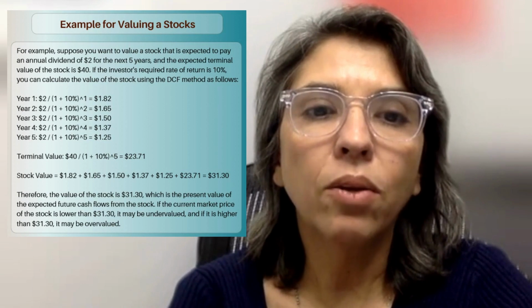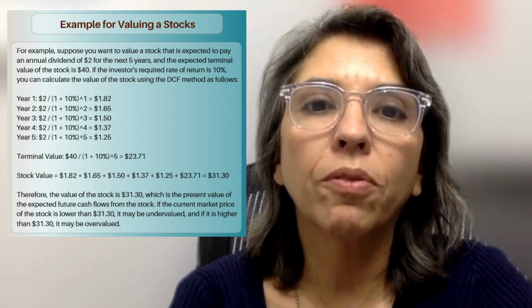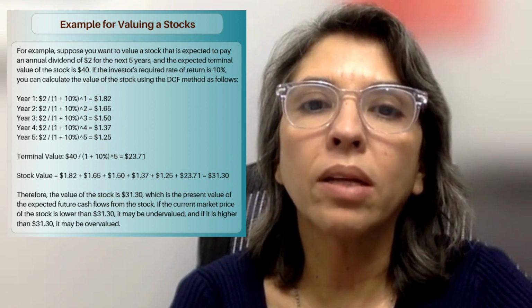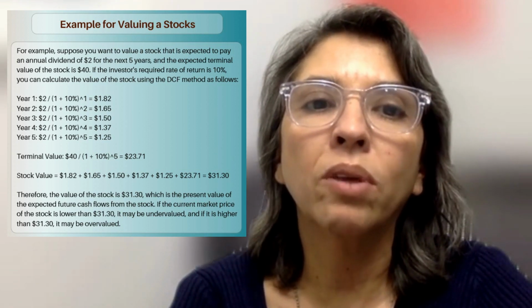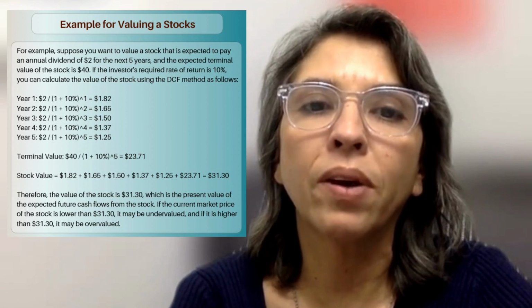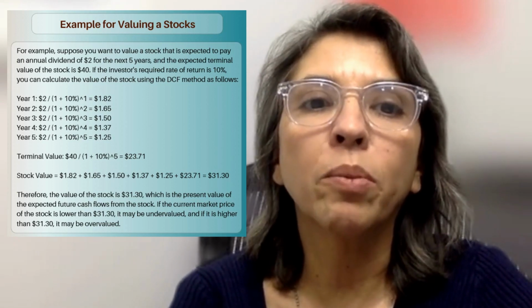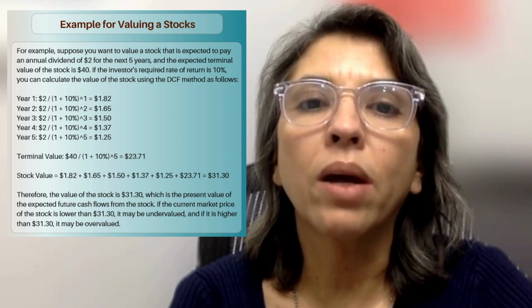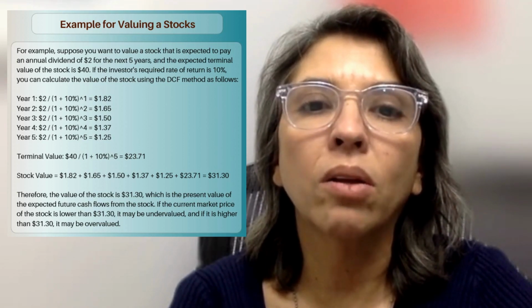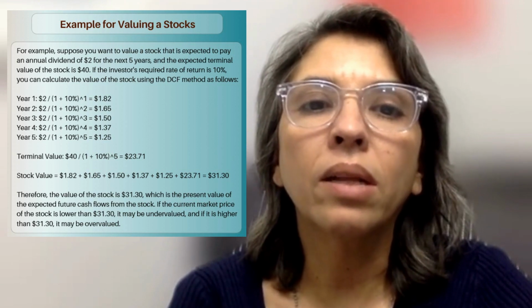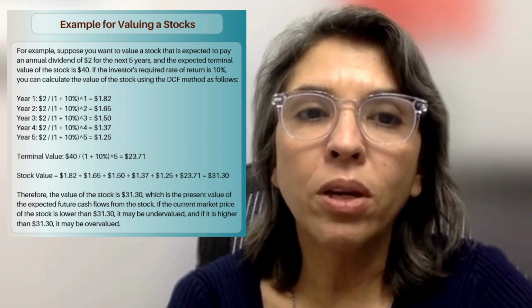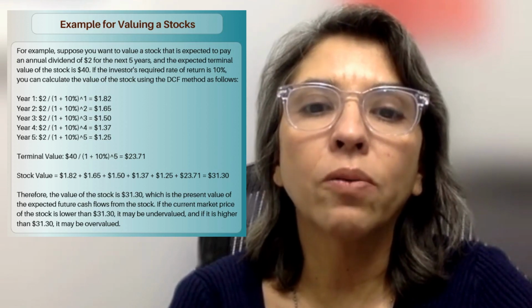On this slide, you can see an example of valuing a stock. For example, suppose you want to value a stock that is expected to pay an annual dividend of $2 for the next 5 years, and the expected terminal value of the stock is $40. If the investor's required rate of return is 10%, you can calculate the value of the stock using the DCF method as follows. For year 1, the stock's value would be